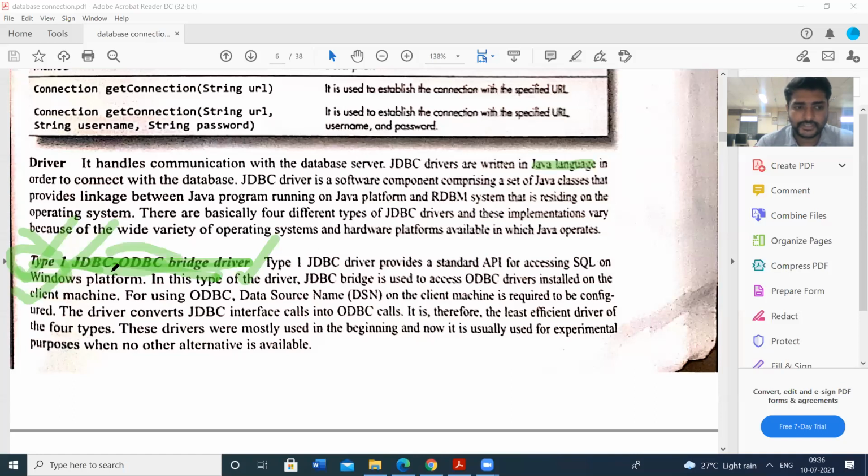After the evolution of Java, to merge the gap between internet applications and desktop applications, we need a platform independent language, a platform independent driver. That's why JDBC drivers were introduced. So this is the main purpose of the type 1 JDBC ODBC bridge driver.